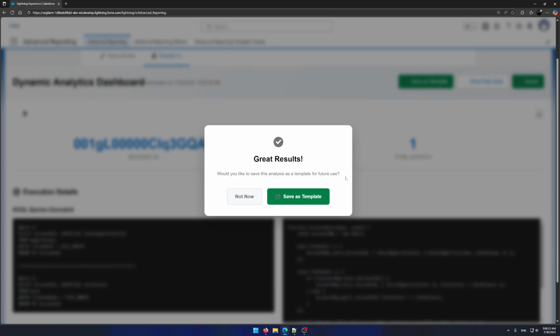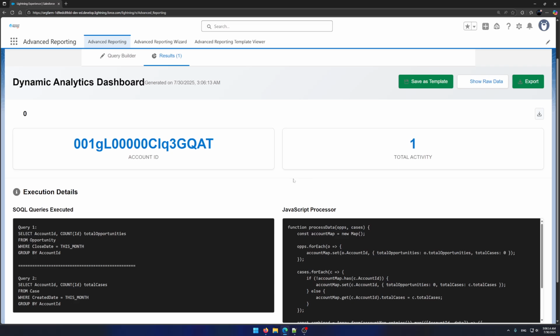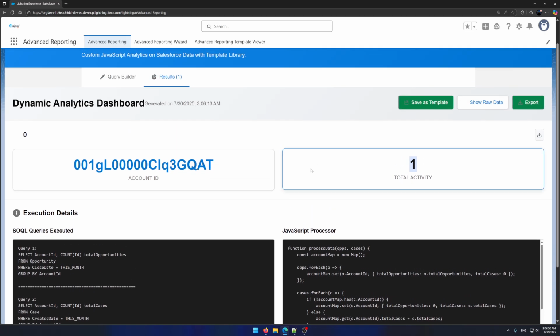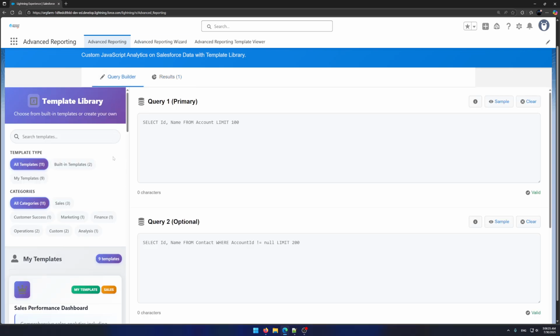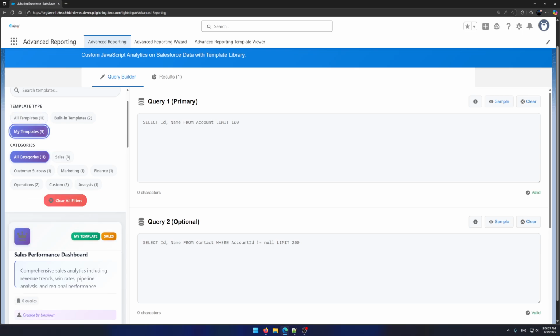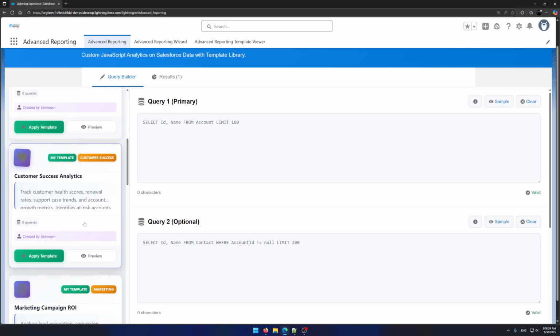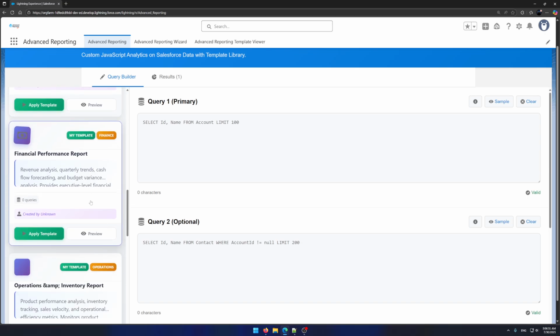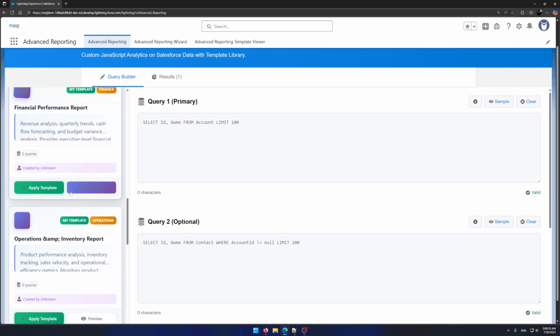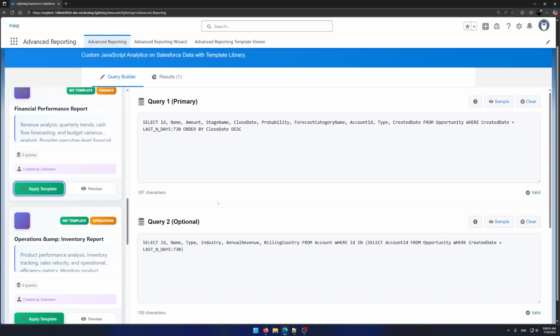So we can save this as a template if we want. So we can see the account ID with 1 total activity. Now this doesn't really give you a whole lot of information, so let's go back over to the query builder. We do have templates in here, so let's do financial report. So we can see this is grabbing from opportunity,